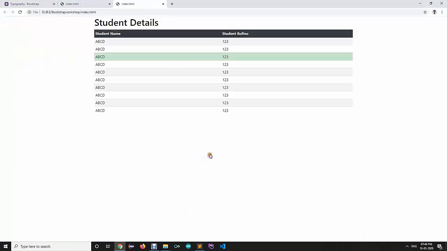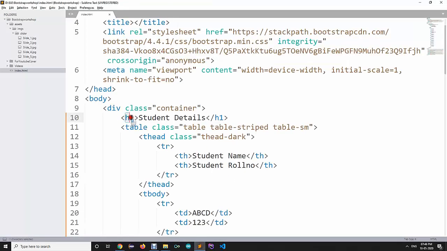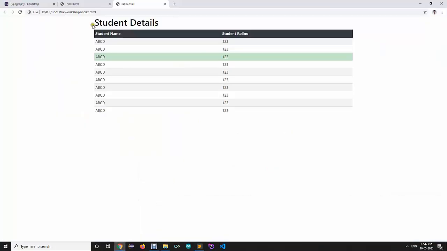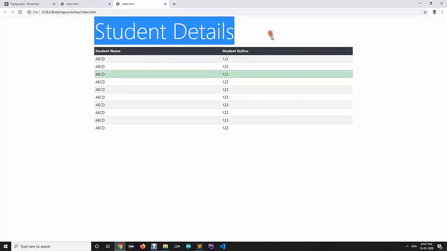But if I have written a paragraph over here and I don't want to change that particular thing, then I can provide a class h1 as well. To that paragraph, I can specify a class h1 which will convert that paragraph into h1, or we can specify display-1 to display-4 in order to do something like that, right?